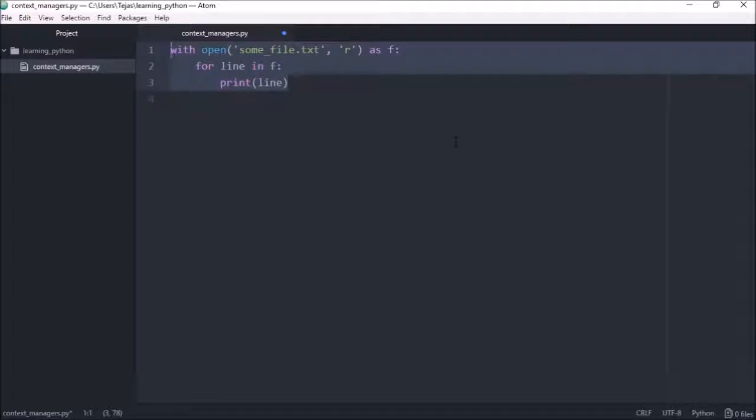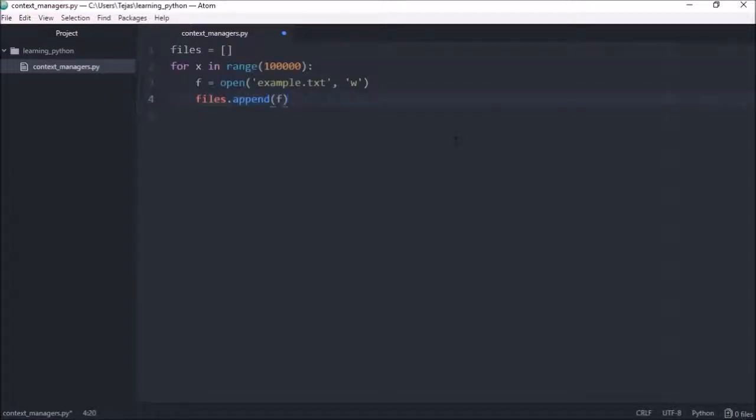Now, why would we want to manage resources in the first place? Let's say we're running a piece of code like this where we're opening 100,000 files and then adding them into a list. When we open a file, we consume a resource called a file descriptor, and the operating systems have a limited amount of this resource to use. So if we don't free up the resource, in this case by doing f.close, we would end up using all the resources and either crashing our operating system in the worst case scenario or cause our operating system to raise